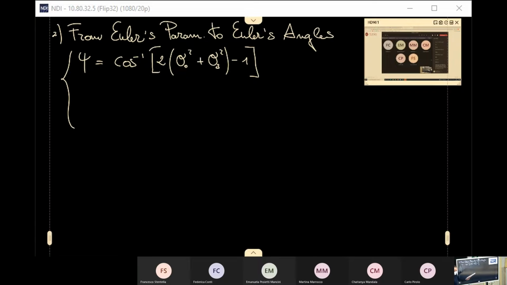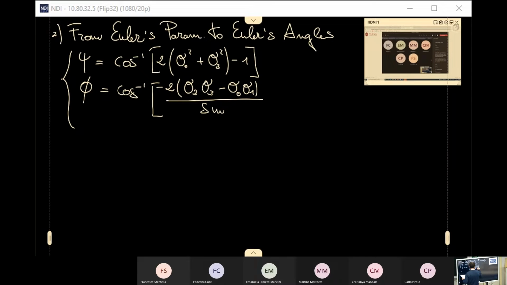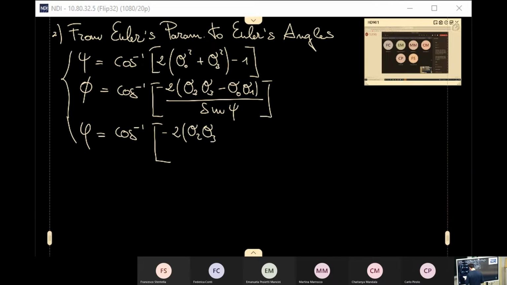And I won't be asking you in the exam to derive this part, these formulas, because you can find them here or in other books. This is minus 2. And then phi is the